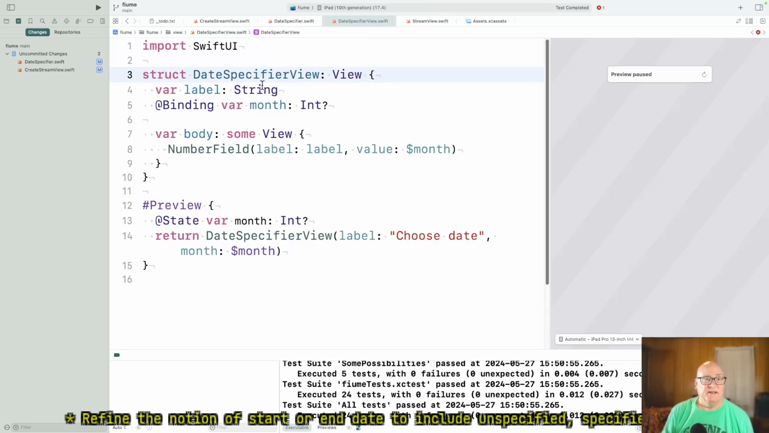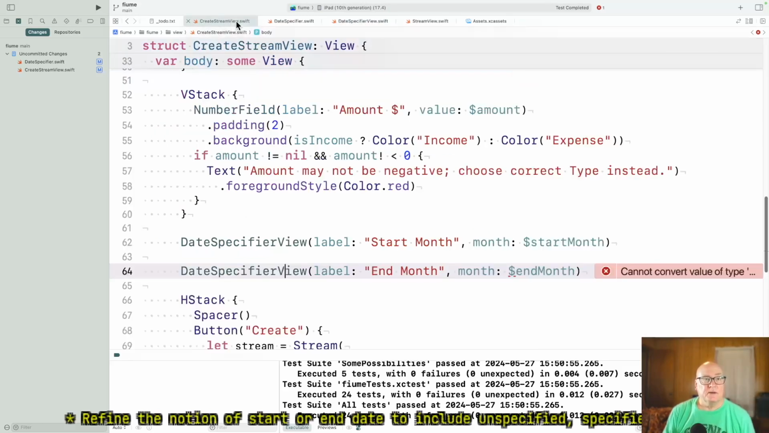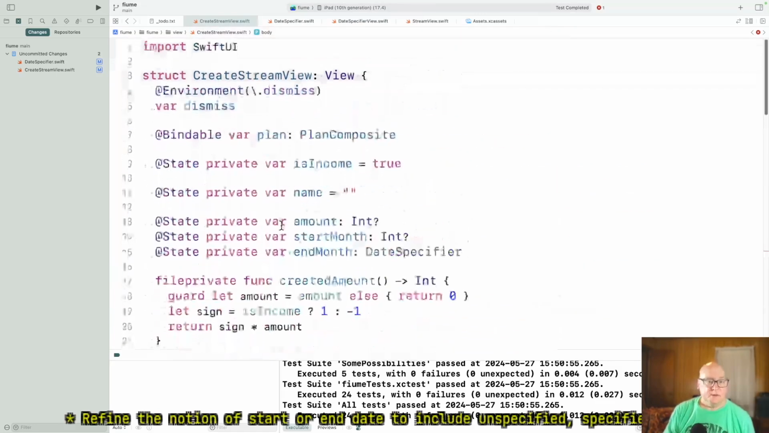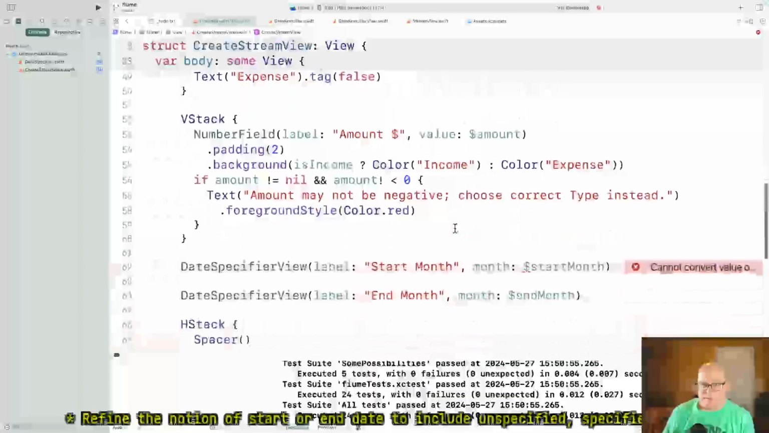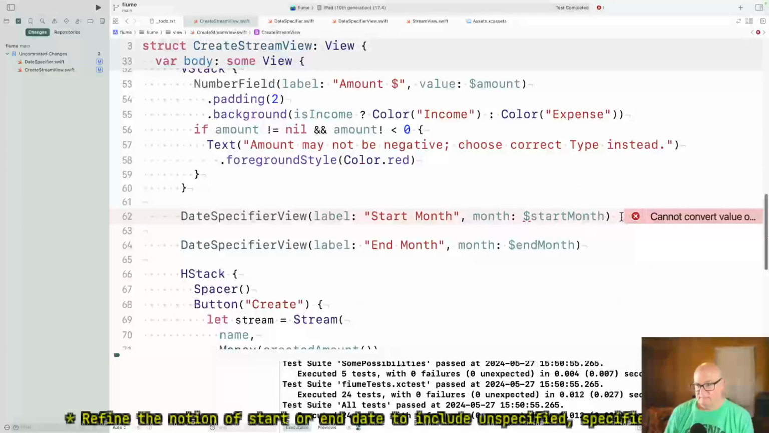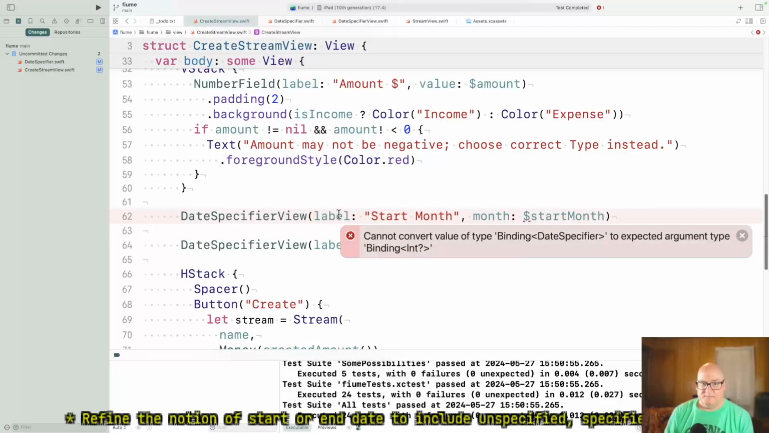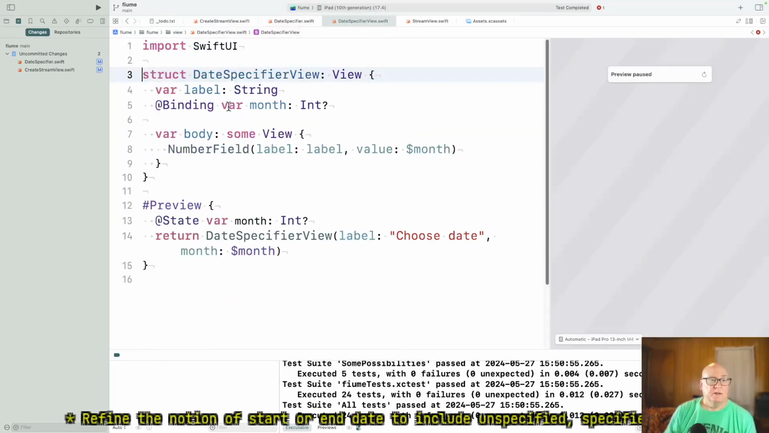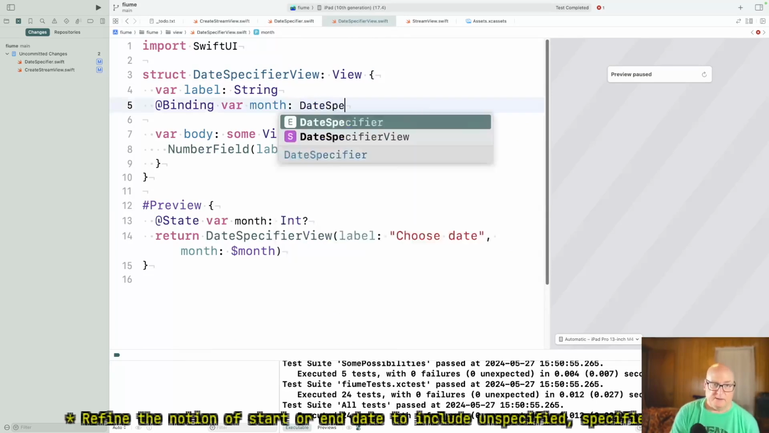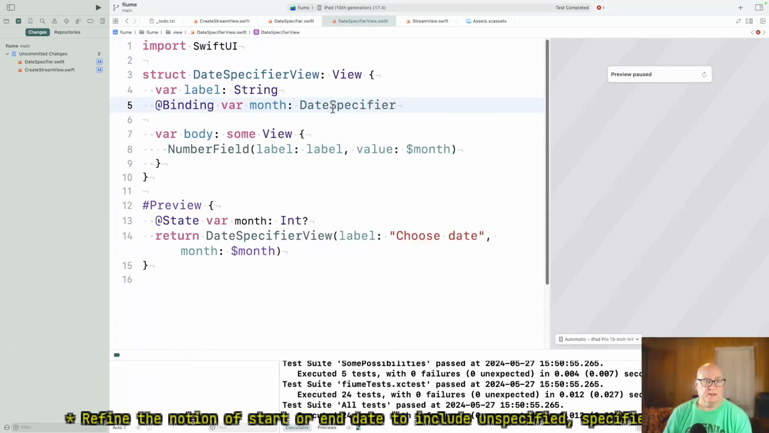Sorry about that. Well, I guess we're going to change both these. Date specifier view, create stream. They got to change together. They're the same, intended to be the same thing. Okay, so now both those should be complaining. And date specifier view should take a date specifier object,